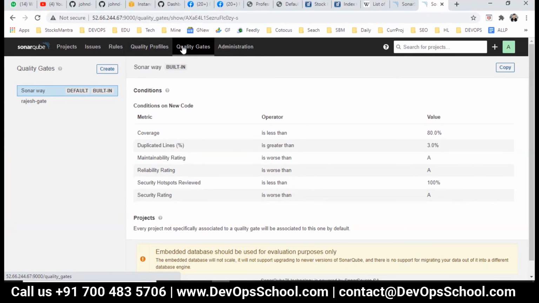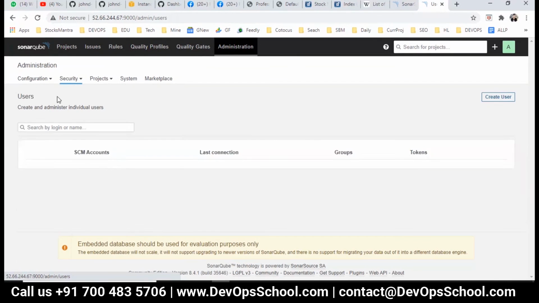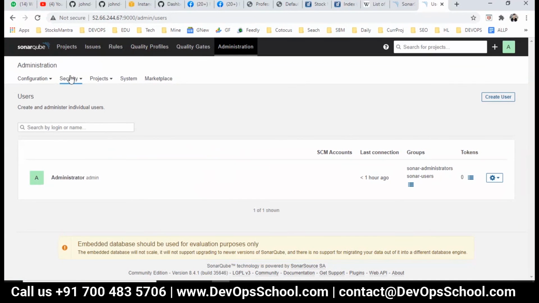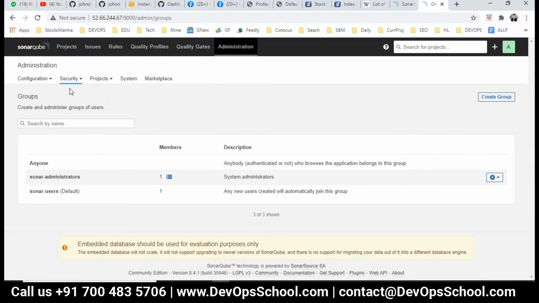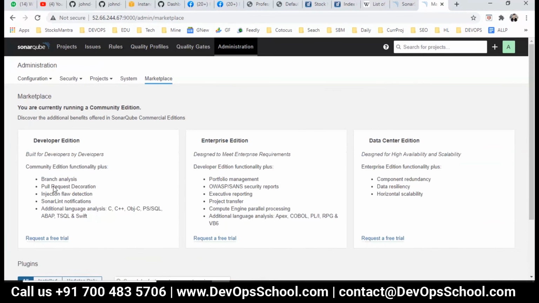Now, under the administration, you have many features such as you can add users here. You can put these users into a group here. Set the group permissions here, what all they can do, administrators and all that. So these are self-service. And marketplace, I have shown you how to install the plugins and all.